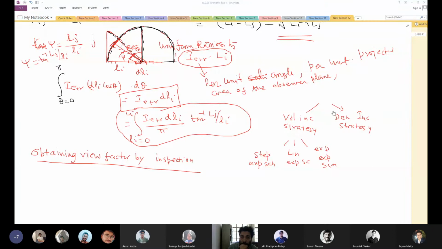Rohit Dhamija? Like two lines were there, 2D condition was there. Yes, 2D, there are two lines at perpendicular of different length and we calculated the view factor between them, and that was a 2D problem. Now, what is the difference between that 2D problem and this problem? Is this 2D or 3D?